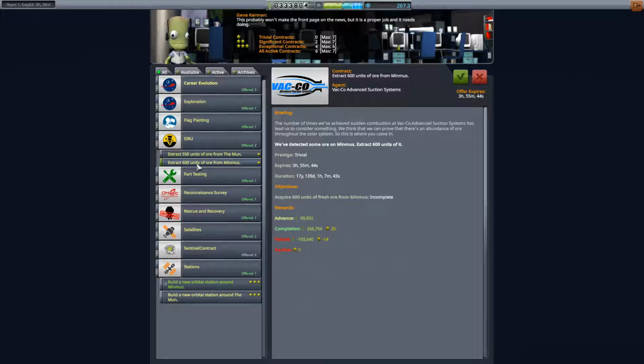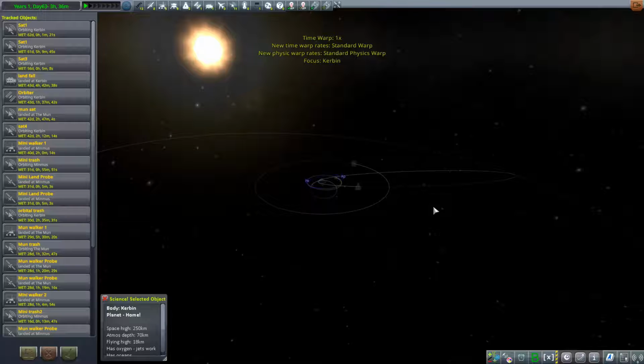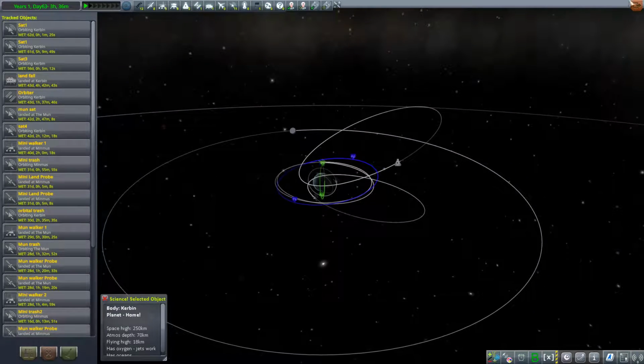If only. You know what? I'm gonna go ahead and hope I can actually land this on Minimus. I know that's not possible. But Minimus doesn't have a lot of... Oh wait, that's gonna take 6 days to get out there, isn't it? Yes. So...